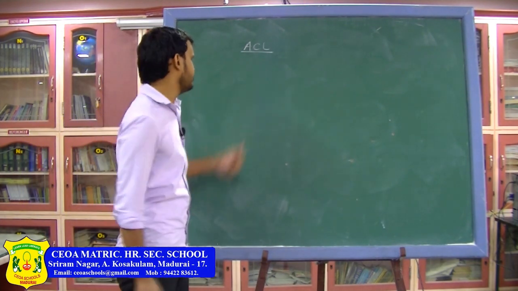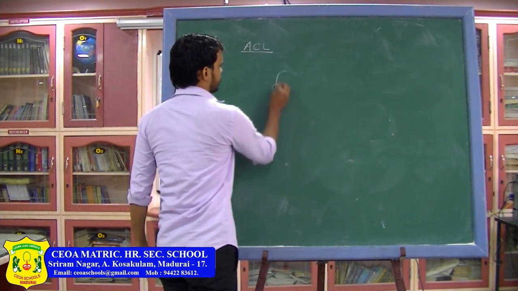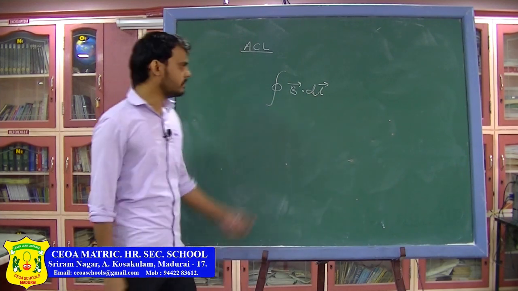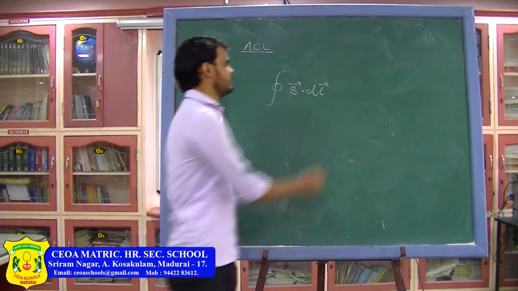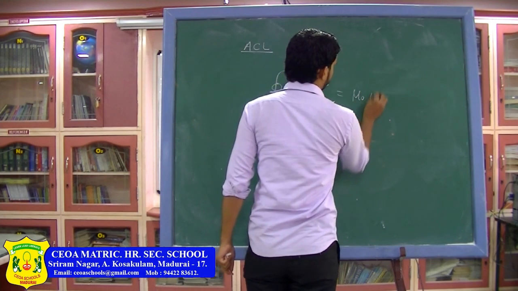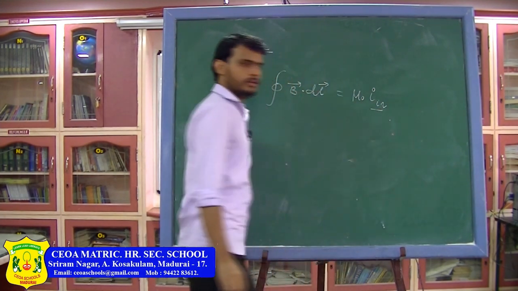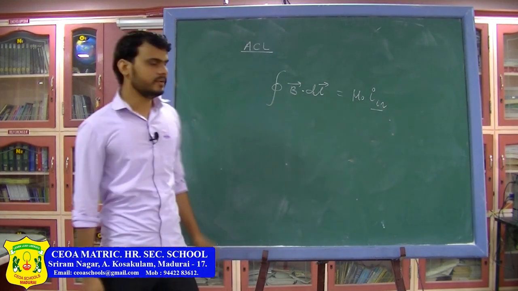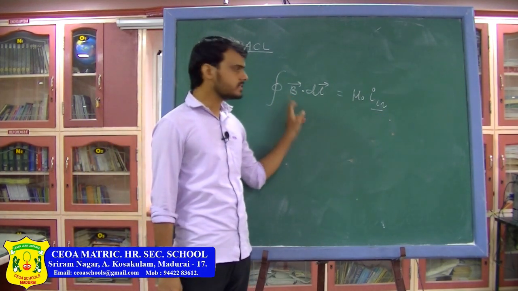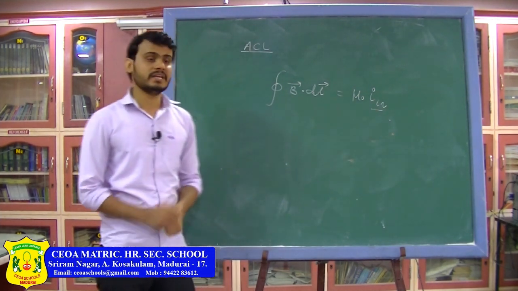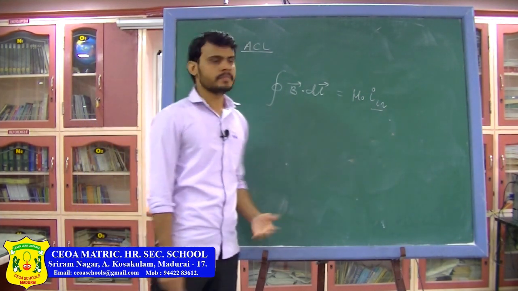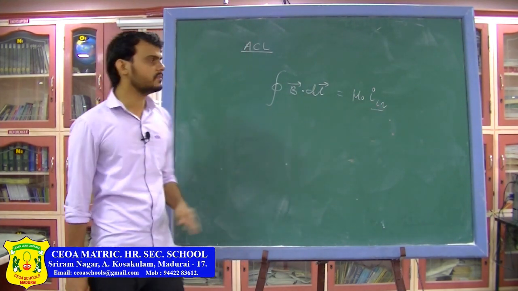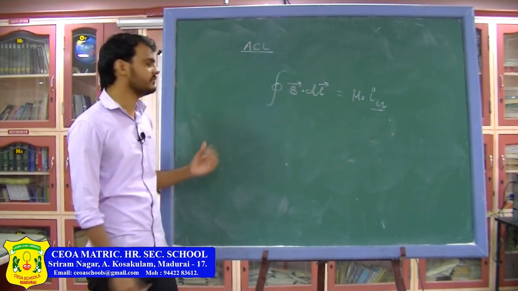So, Ampere's circuital law simply says that the closed integration of the magnetic field over a path will be equal to mu naught times I in, where I in is the current inside that loop and B is the magnetic field. The magnetic field here is due to all the currents, while when writing the current you just need to take the one which is inside the loop. What we mean by the total magnetic field and the current inside the loop, we will see when we do the application of Ampere's circuital law.